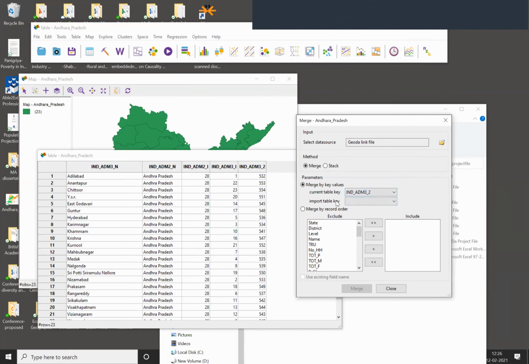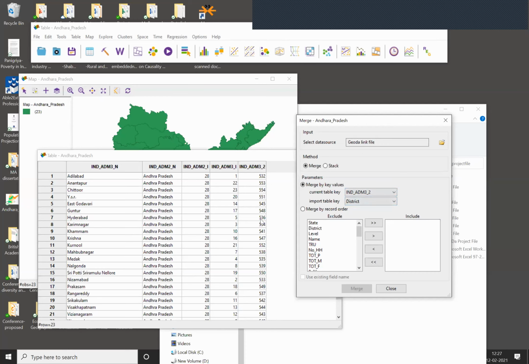Import key variable. Import key variable means the Excel file key variable. The Excel file key variable was the district. If you remember, the district had the numbers. So what is that? It is the district. Now you have these two key variables.